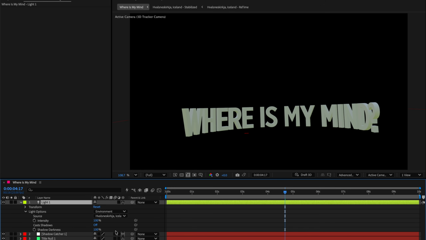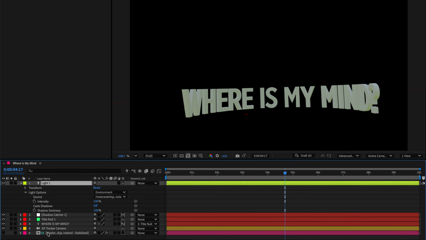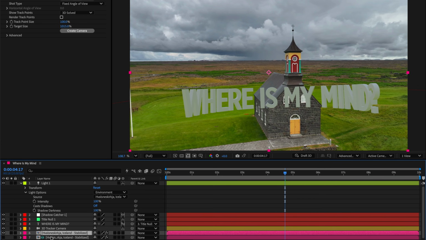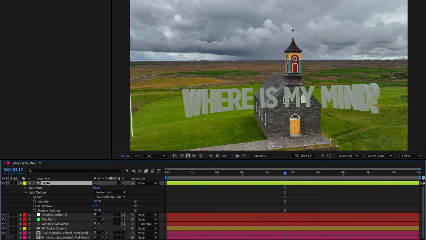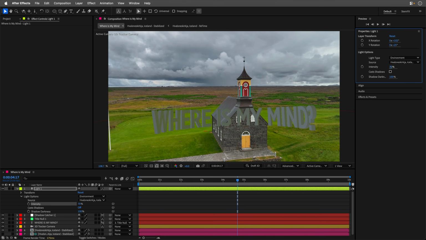And this will hide the layer automatically because apparently After Effects likes drama. So either re-enable its visibility or duplicate the footage beforehand. Now that we have this set up, we can return back to the light and rotate the environment and maybe even lower its intensity slightly to around 70% so the textures and the highlights from the footage start reflecting naturally